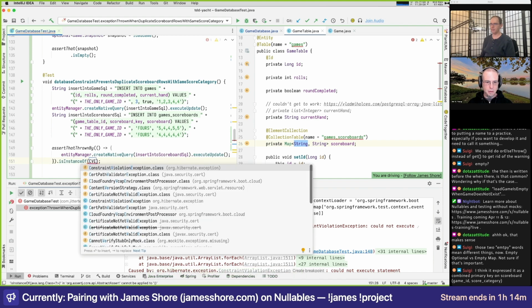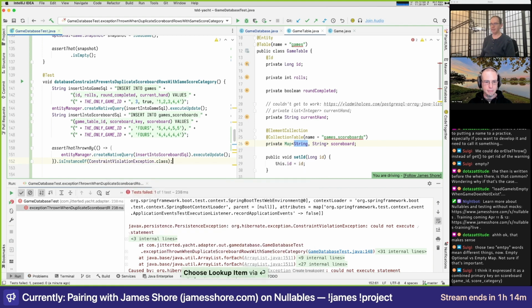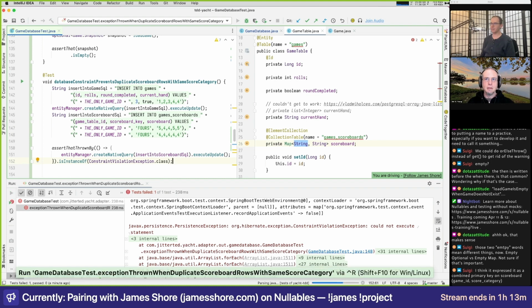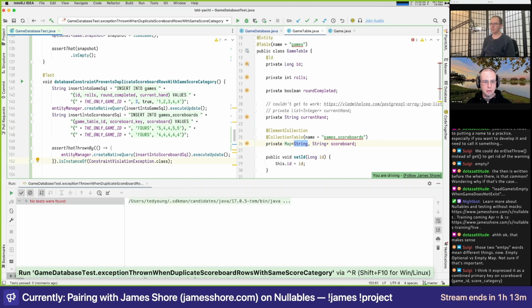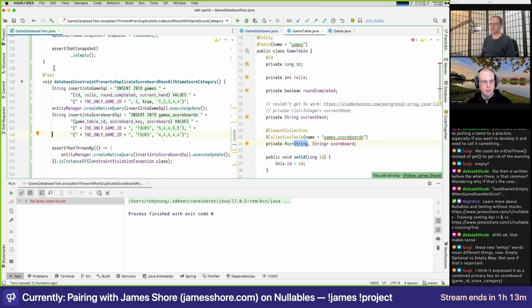We don't actually care which exception, because we're just documenting the way the database behaves. Okay, so I'll use what it actually throws. Whoops, we renamed the test so it didn't run.